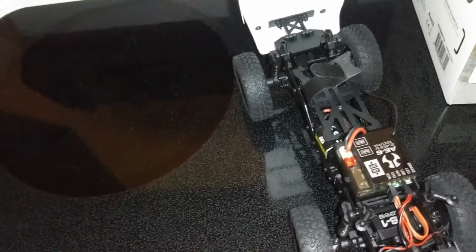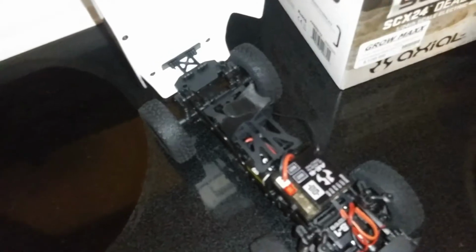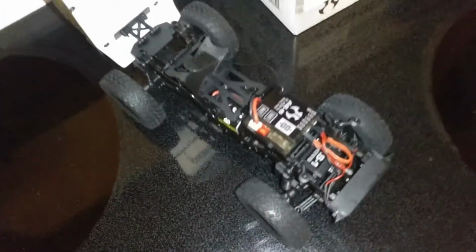So this pretty much looks exactly like, on the underneath, the CMC version, which is like a full body Jeep. Now a lot of people really don't understand how big is a 1/24 scale? It's that big. But to give you somewhat of a reference,